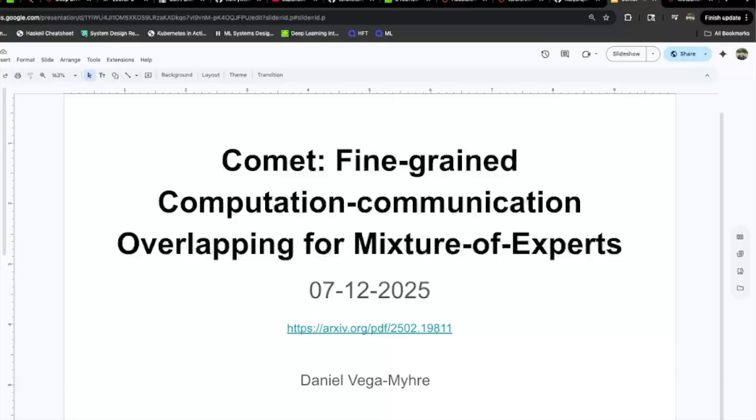Thanks for joining everybody. Today, we're going to go over Comet. It's a paper about fine-grained computation and communication overlapping for a mixture of experts. This is my favorite one in a while, I think, so I'm excited to talk about it. I have some questions of my own about it that I'm curious to pose to the group and see if